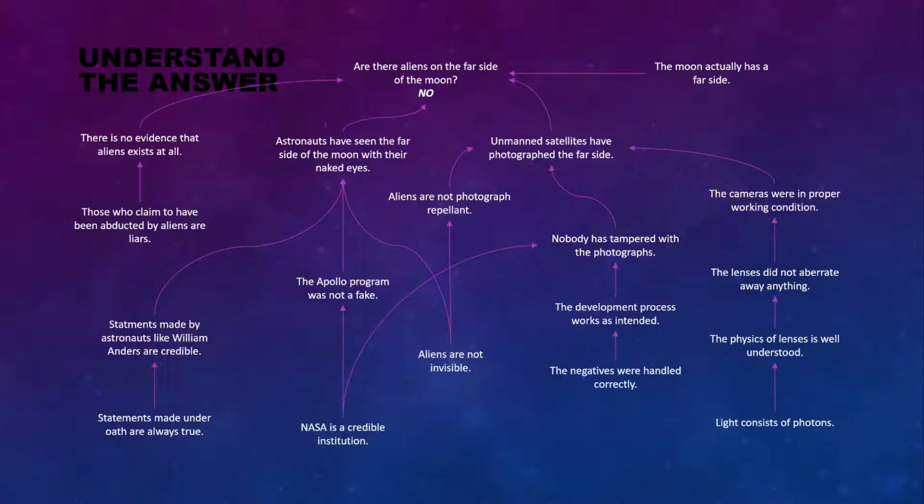And how does a lens work? Well, you have to trust the fact that the physics of lenses is well understood. And how do you know that this physics works? Well, then you have to trust the fact that the underlying physics that light consists of photons is true as well. So as you can see, there's a whole network of information that you need to trust in order to provide this simple answer. And it doesn't stop here, of course. Each and every single piece you see here on the screen can be taken even deeper. So this network of trust is really, really deep.